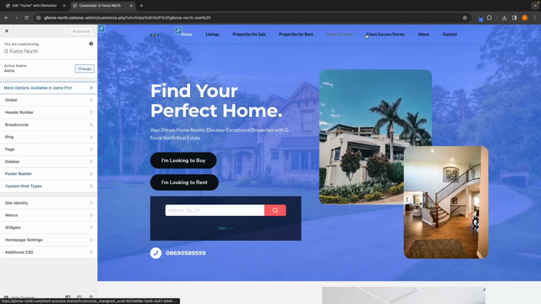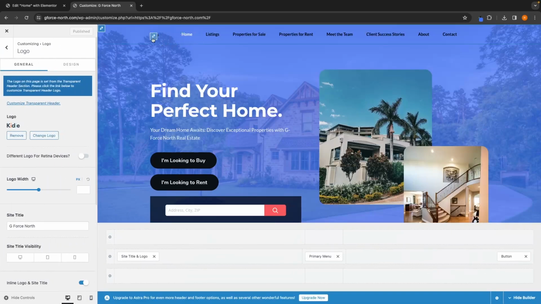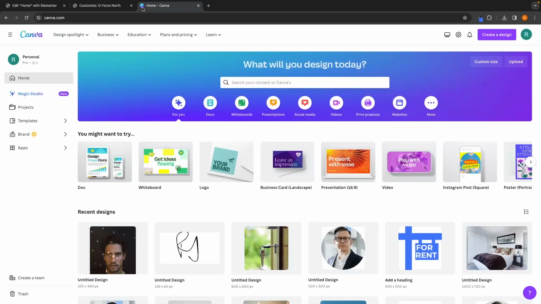But we now have this header all set up apart from the logo. So we want to go to the logo right here, click on this pencil icon, and on this left hand side, this is where we can add our logo. If you have a logo, fantastic, just click on change logo and then you can upload your logo here. However, if you don't, we once again will be using Canva because Canva makes it super easy to create a